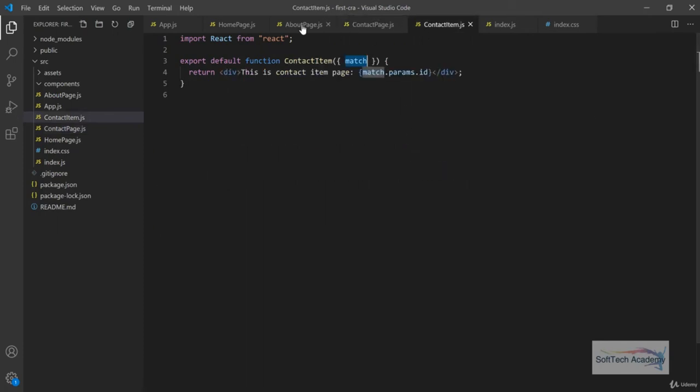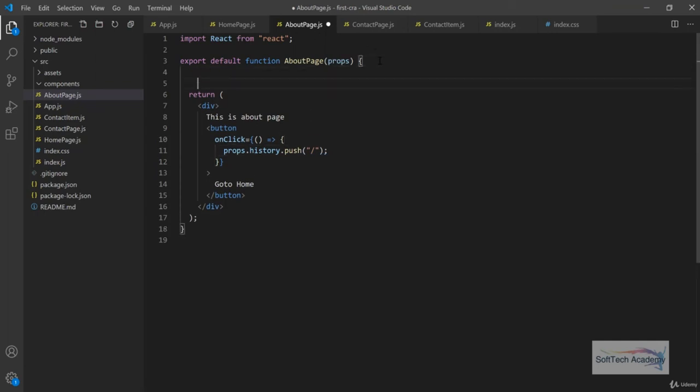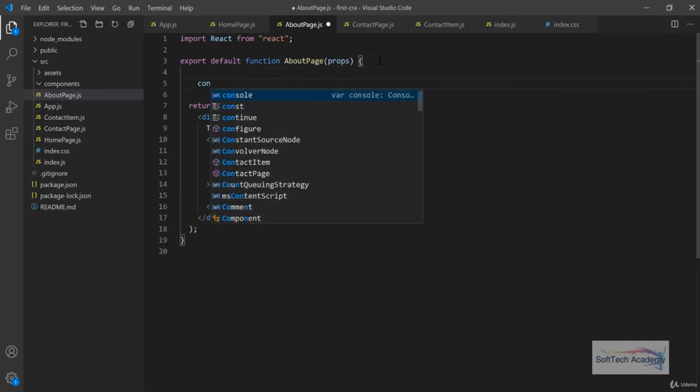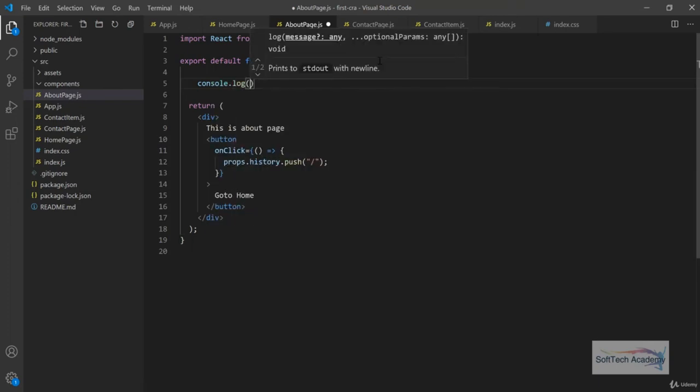So let's see what parameters we get here. Not just history, we will replace it with props, and we will write props.history, and for seeing what we are getting from the Route, we will simply console log